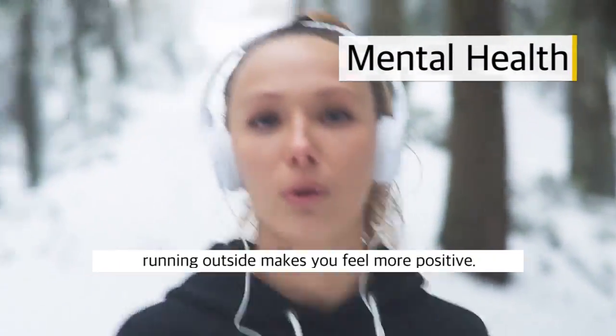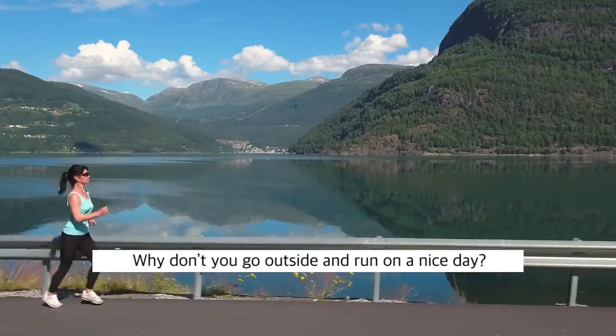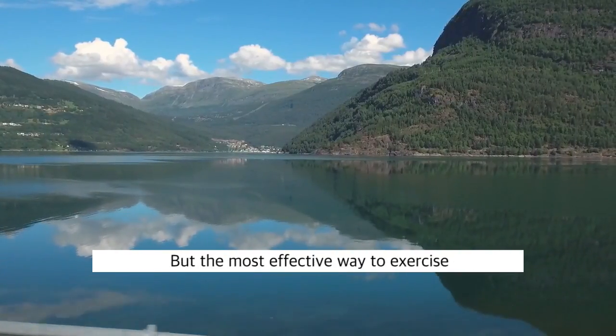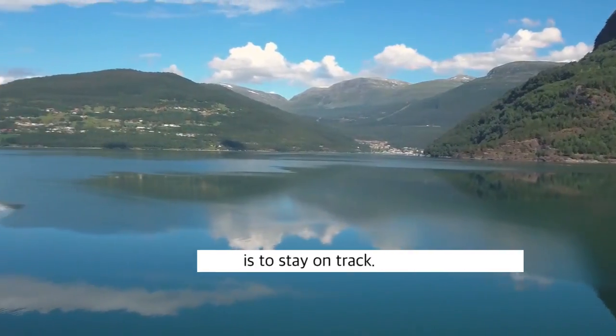Other studies have shown that running outside makes you feel more positive. Why don't you go outside and run on a nice day? The most effective way to exercise is to stay on track. Don't forget,